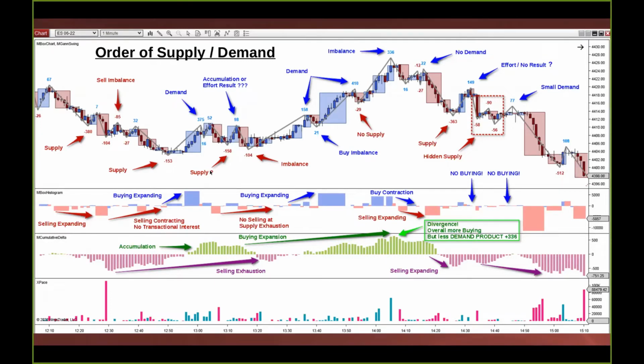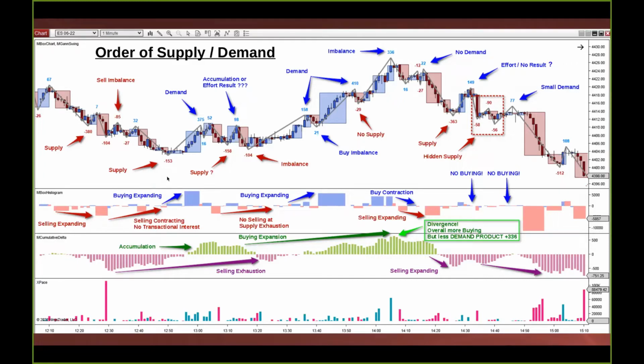Somebody's asking, why don't we compare to the 104? That's a good question. So I skipped over that. The 104 ends up being ease of movement, right? So price came down strong and didn't require much work, right? And at the time it occurs, like right when it occurs, you cannot conclude that right away. You would conclude that after you see the sell imbalance, right? And then you see this 32, which is weak demand, and it coming back down, you can conclude this was ease of movement and, take a few points here, but when you see the selling contract, you wouldn't want to